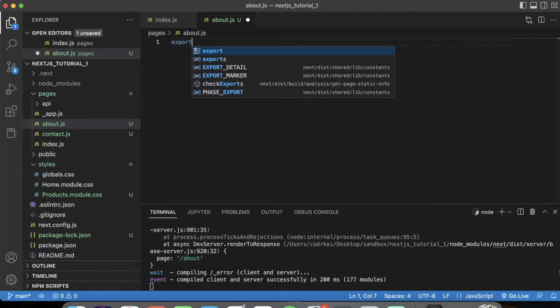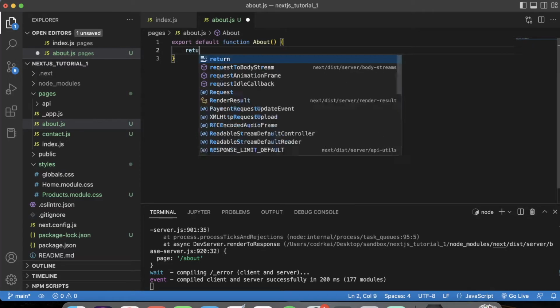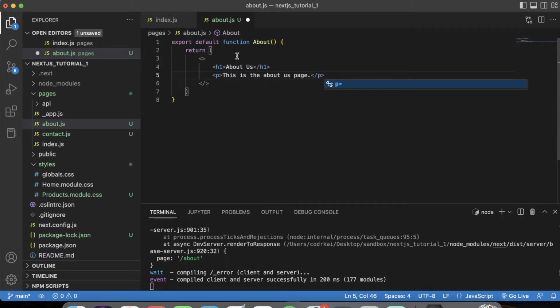I'm going to say export default function about. Okay, very simple. And then inside of here, we have to return HTML for it. So that's how we call it. And then as you know, you got to put everything inside of its own block. Inside of this about page, give it an H1, and I'll just say, you know, about us. Give it a title. This is the about us page,